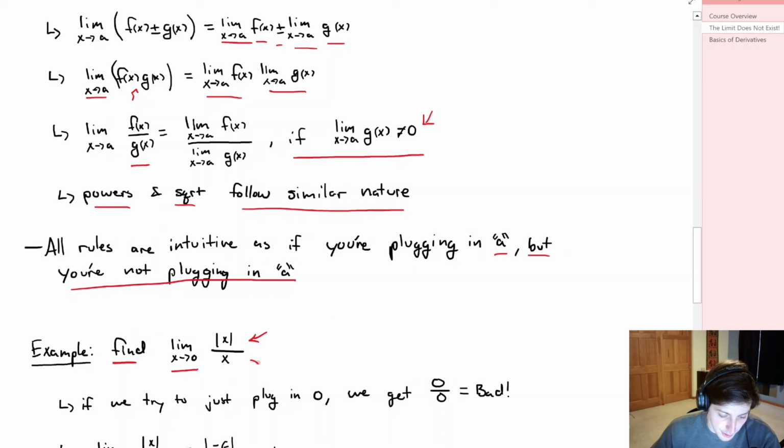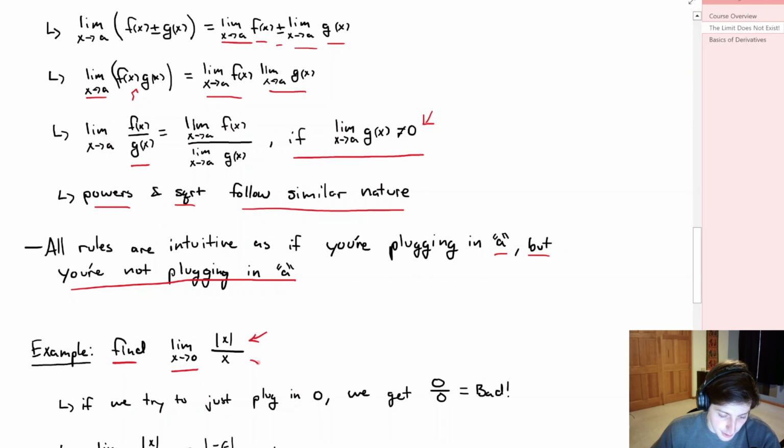So let's look at the left hand and right hand limits. We can think of that as some really small value, call it epsilon, and epsilon can be tiny. If we calculate this, we just get a minus 1, but if we take that right hand limit, again using some epsilon value, we get a positive 1. So you see here that those don't match. Because the left hand and right hand limits don't match,